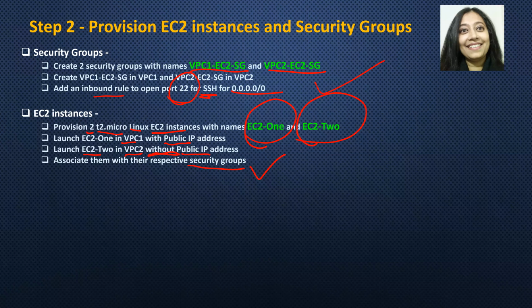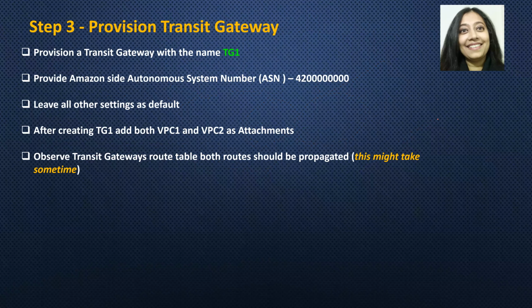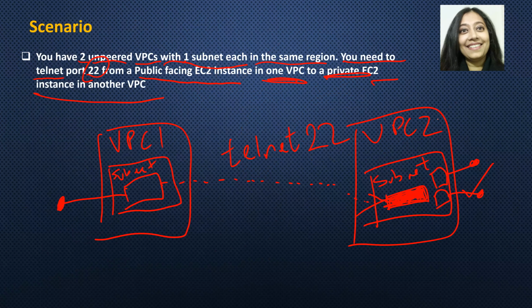So this particular step is complete. Step number 3. Now our basic setup is done, right? This setup that we were discussing, creating the VPC, creating the subnet, and provisioning the EC2 instance, is done for both the VPCs. Having your internet gateway over here if you want to show that, and your route table is also there. So all of this has been done.